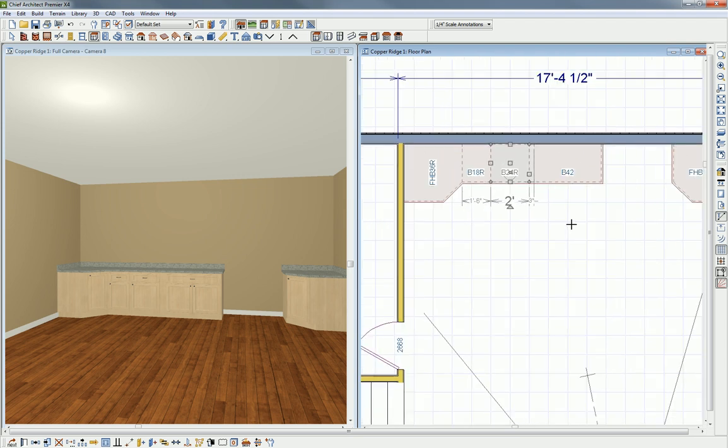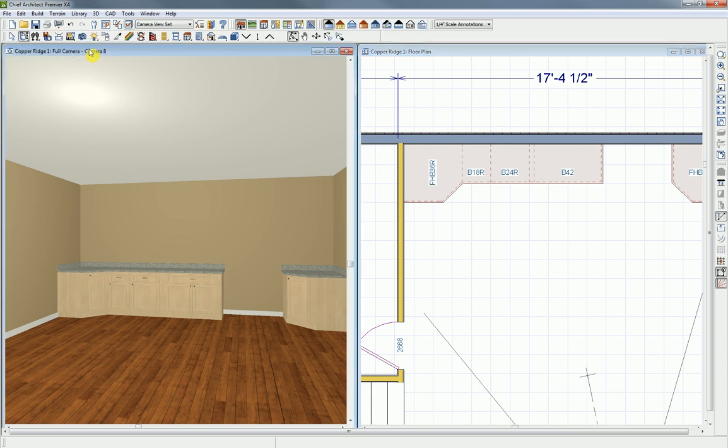The software will automatically create a filler. So if you look in our 3D view, you see that the countertop is not interrupted and we have a filler that's been put in place. So there's automatic fillers that are created if you're within 3 inches of a cabinet, and you can override that if you like. If you like to take control over that a little bit more,